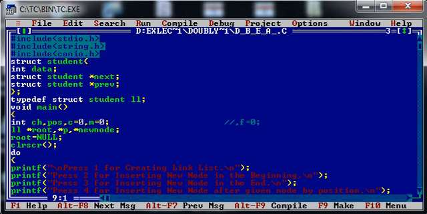I have typedef'd my structure as LL. So from now onwards, if I would like to use struct student in my program, I can use it with the help of LL. This is my main method. Choice ch is the variable for selecting a choice. Position is for insertion after a given node and insertion before a given node. C is equal to 0.